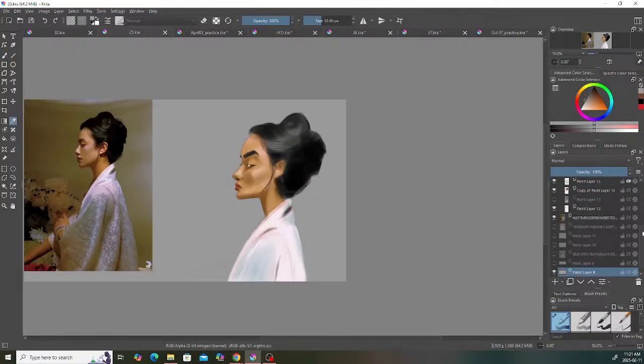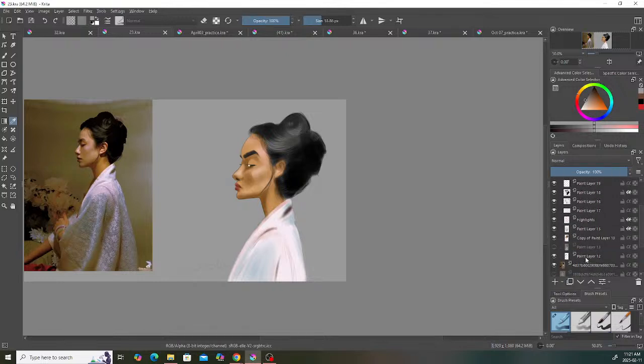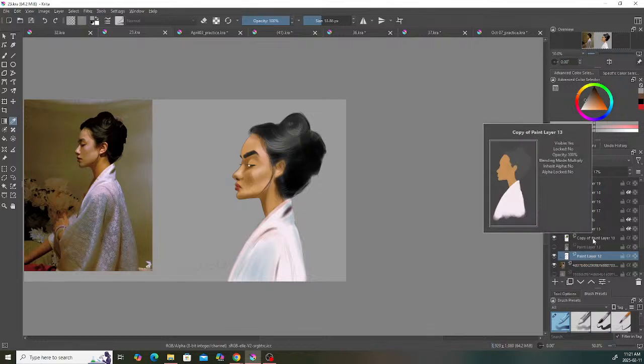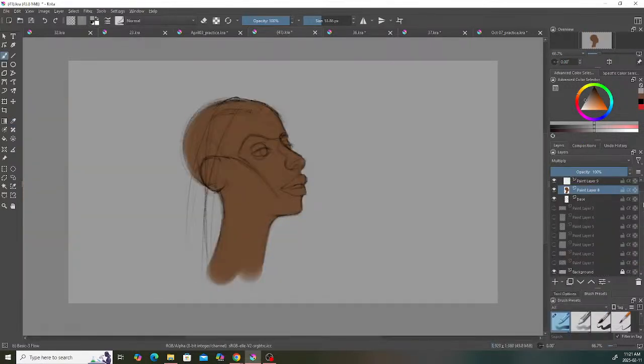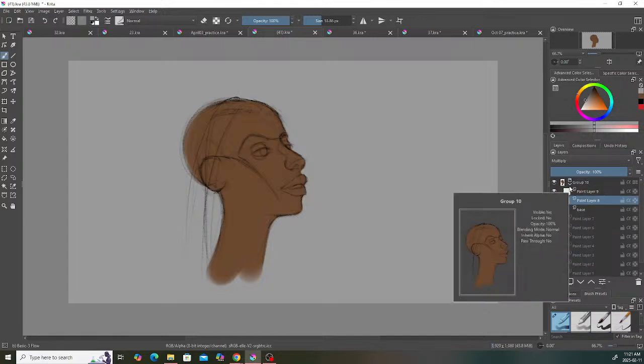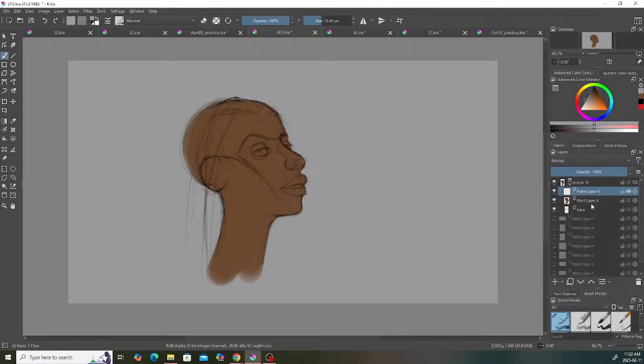Here's a good way that I could see. So I do have them all down in the bottom. Okay, so I do usually have it on multiply. Okay. You can tell it's been a while since I've done an illustration. Okay, and then let us clip that to that. Okay, and this one is going to be my